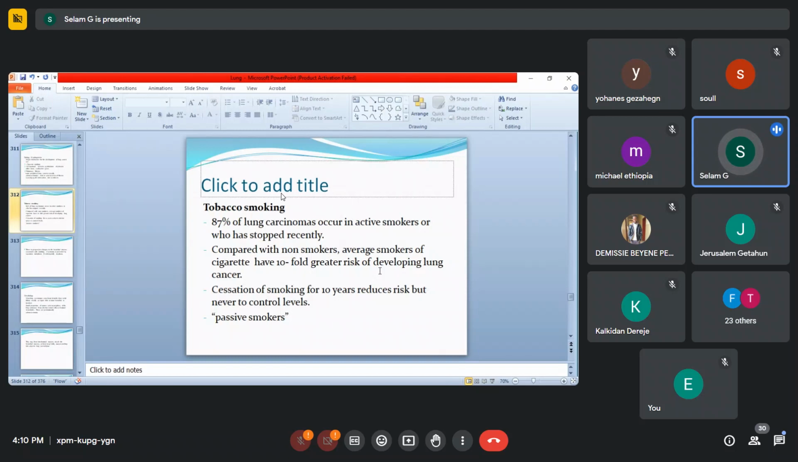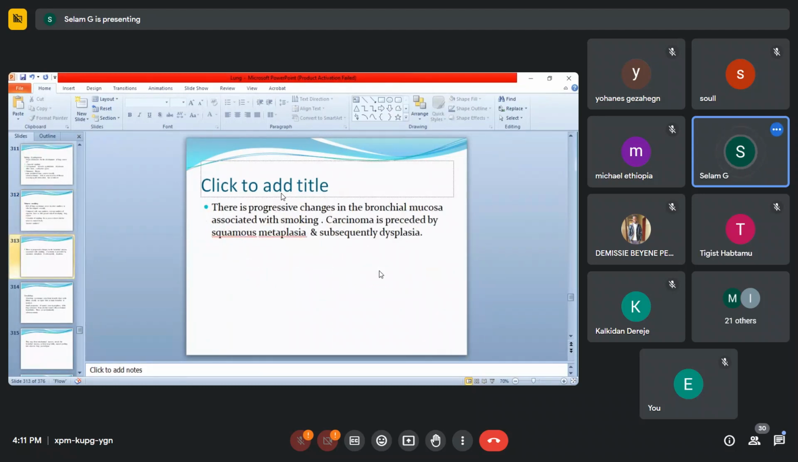About 90% of lung carcinomas occur in active smokers or those who have stopped recently, compared with non-smokers. The average cigarette smoker has a tenfold greater risk of developing lung cancer. Cessation of smoking for 10 years reduces the risk, but never to the control or normal level. Passive smokers are also at some risk. They are not immune from developing